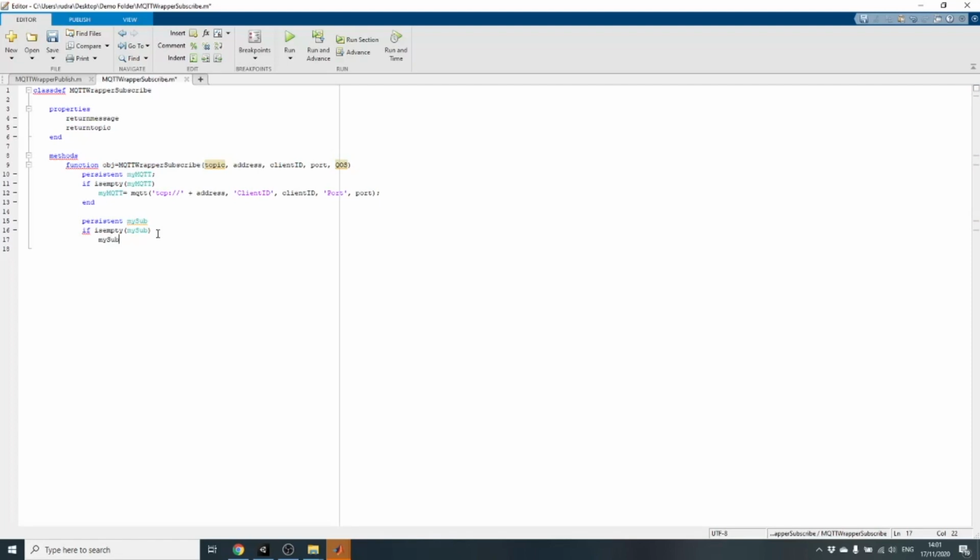We say if my sub is empty, we subscribe to a particular topic which we get from Simulink, and the QoS is